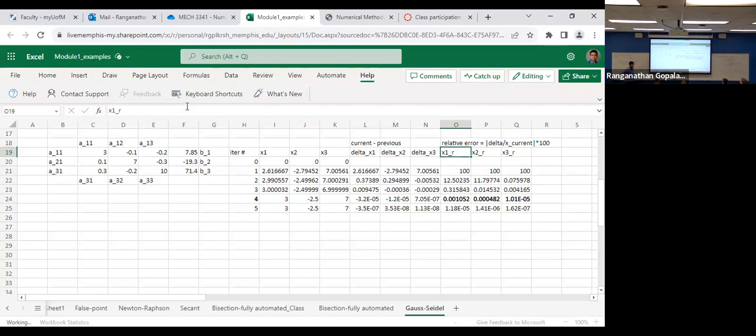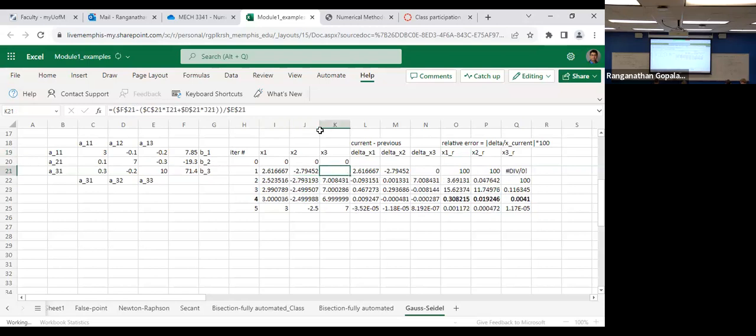Can you go over for a second how to do the dollar sign so it doesn't change? Yeah, sure. It makes it constant. You can type in whatever formula you want. I'm going to redo this. Let's say I want to do the third row, that is x3: F21 equal to